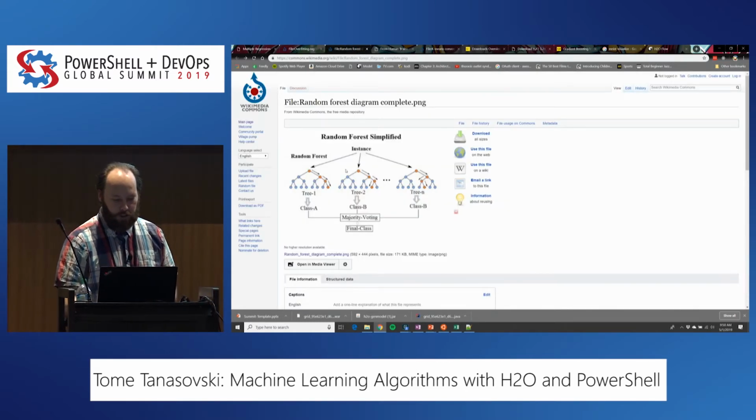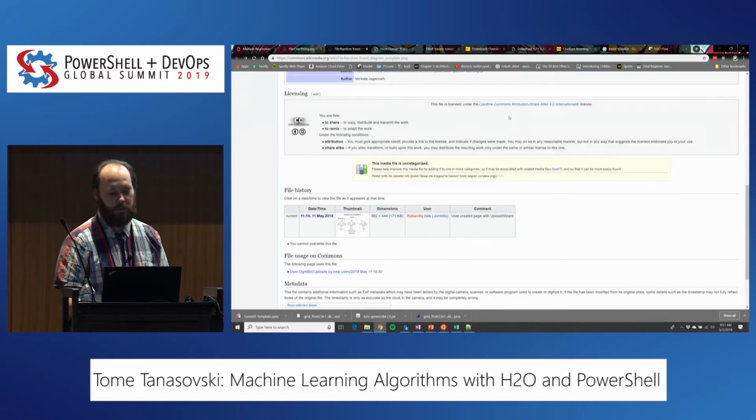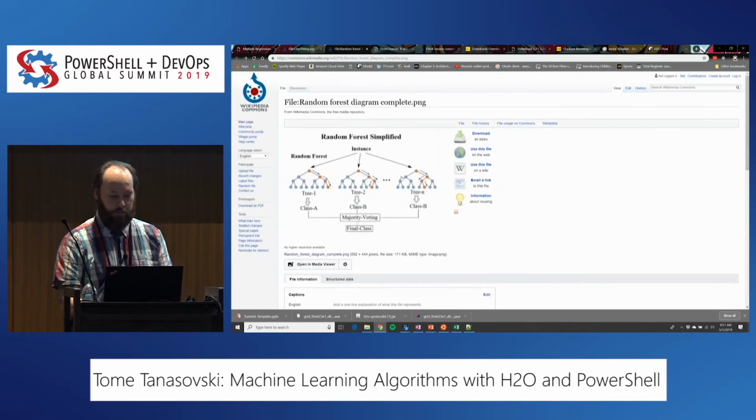So this is an image from Wikipedia that I have to give credit to. When is this job going to finish? I just have to call out the license. This one is the Creative Commons Attribution Share Alike 4.0 International License. Okay, so with this image, I have